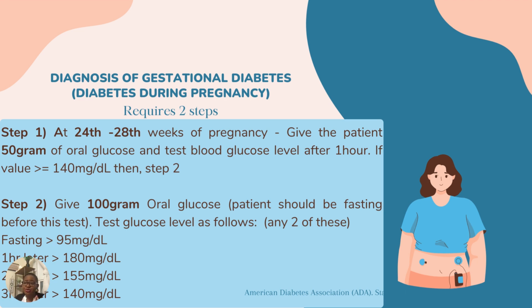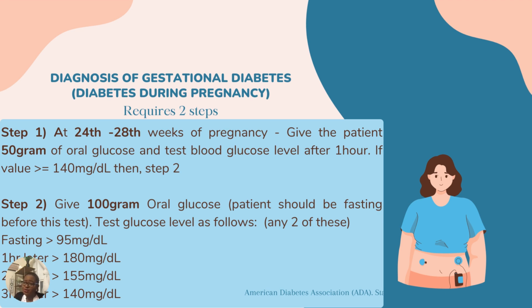She can be diagnosed if we take her blood glucose level 1 hour after she drank 100 gram of oral glucose. 1 hour later, if her blood glucose is greater than 180 milligram per deciliter,